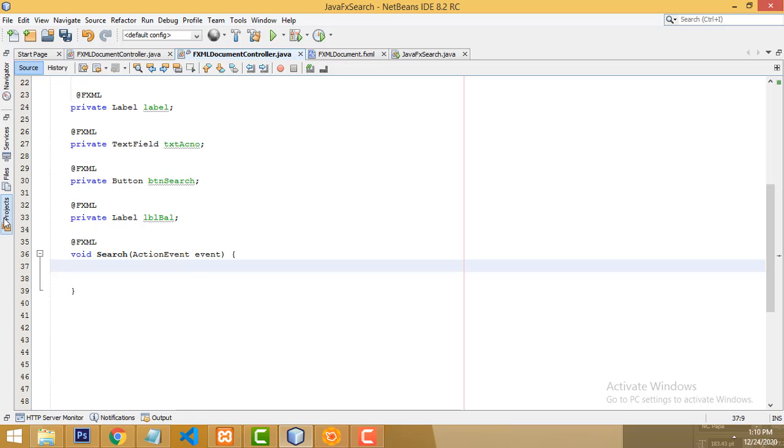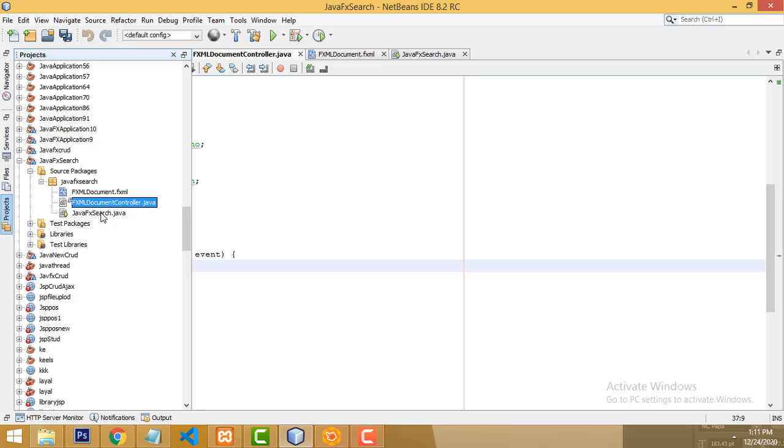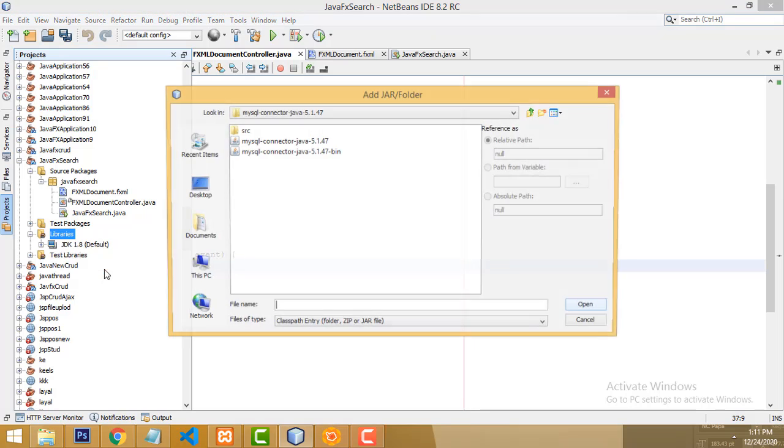First what I am going to say, I have to attach the MySQL connector to our project, right? Okay. If you want to establish a database connection, first you have to add the relevant library. So select the libraries for this project. This is your source package. There will be another folder called libraries. Here I am going to add the MySQL connector. I already downloaded the MySQL connector.